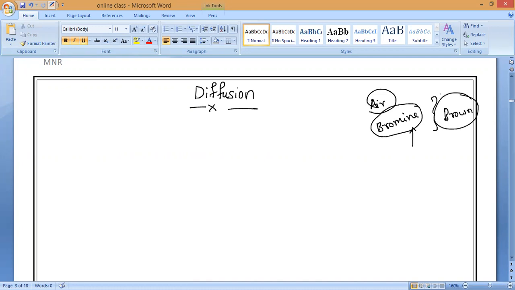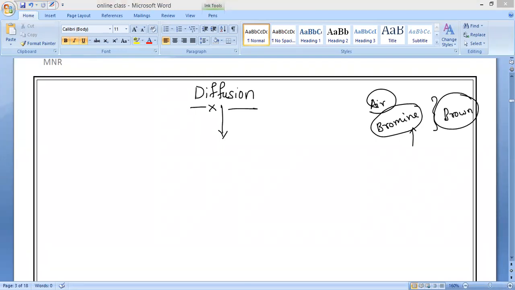Harish, do you remember? The second experiment showed that particles are always in random motion. That is what we studied in the properties of matter. The same thing applies here. What do we mean by diffusion? Diffusion is a very important phenomenon; even biology in class 10, class 9, class 8 deals with it.